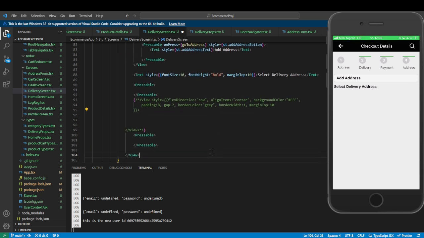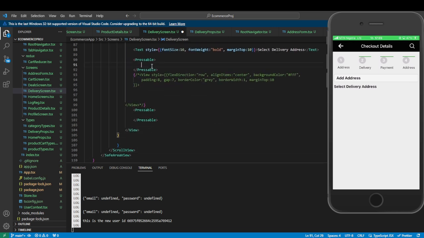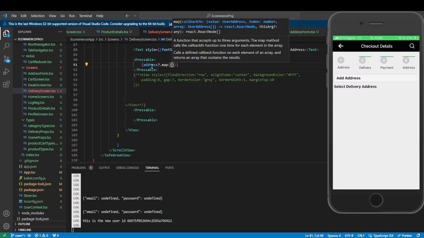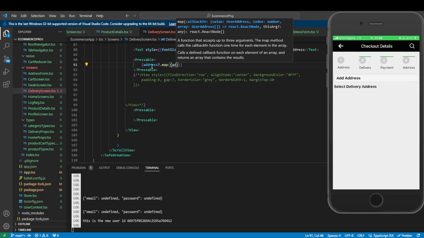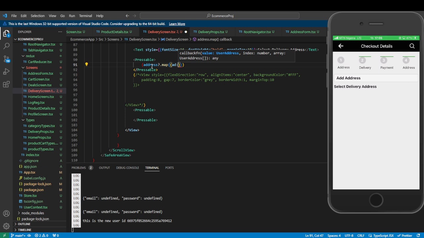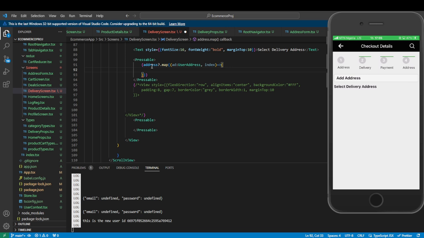So we're going to map through the address so we can get the user address. Let me just use AD as address here, or each address rather. Because it's an array, we must give each of them a type of user address. Otherwise it will throw an error. So that's it. There's no error, except for the fact that we have to